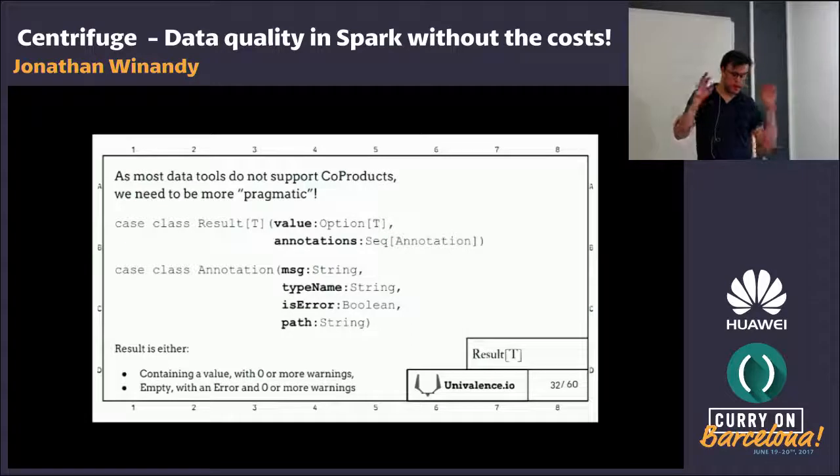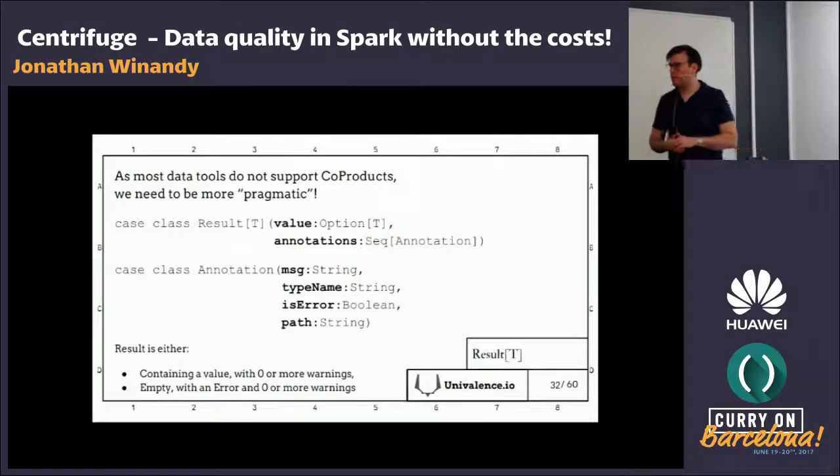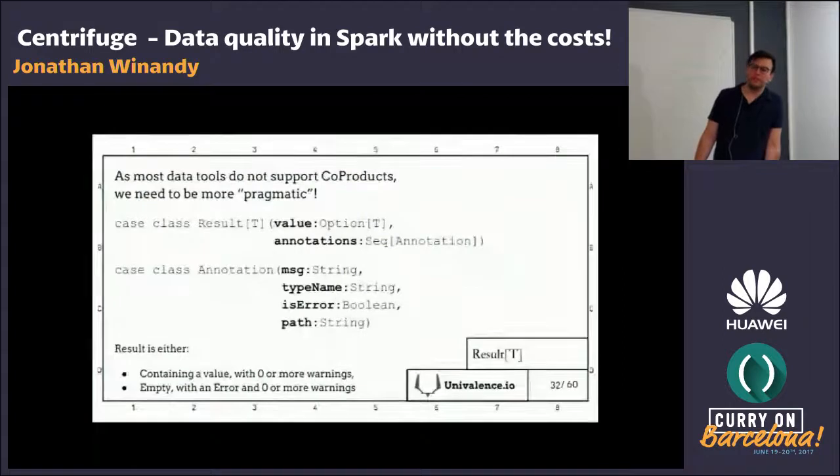The thing is, in big data there are actually close to zero tools that support sum types or coproducts, so we need to encode that into a product type. The way to encode that is to have the value as an optional of T, then a sequence of annotations, and the annotation has a flag for errors.